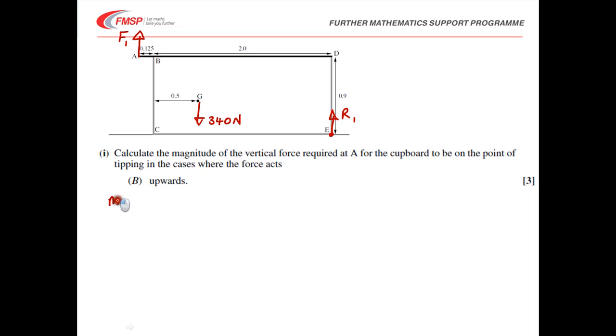We can do the same technique again. This time we're taking moments about E instead of C, and this is going to give us F1 multiplied by the total distance of the line of action from E, from the axis. That's going to be 2.125, and that's going to be equal to 340 multiplied by its distance from the pivot, which is going to be 2 meters minus 0.5 meters, so 1.5 meters, and this rearranges here to give our new force as being 240